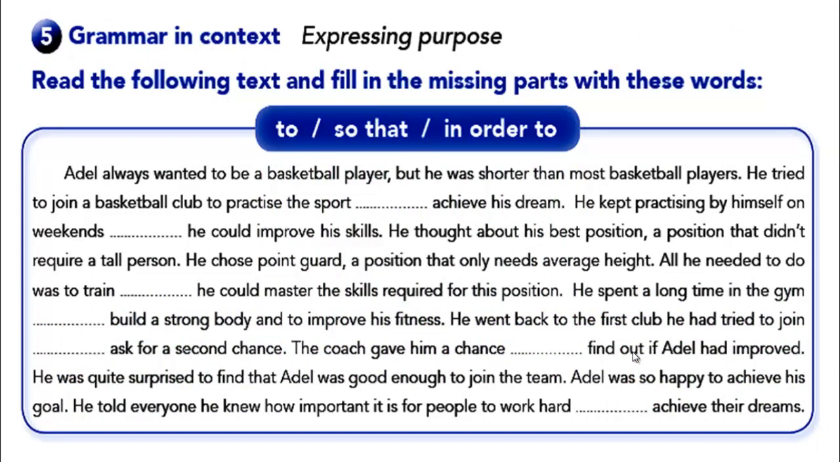We want to fill the missing parts with these three conjunctions: to, so that, in order to. Take your time. If you find in order to, you're going to use plus infinitive. So you are going to use